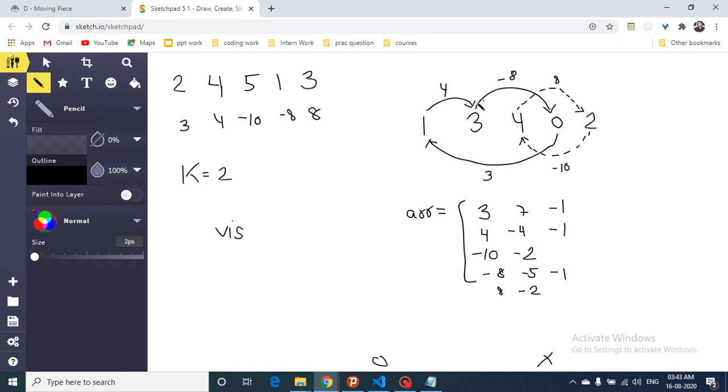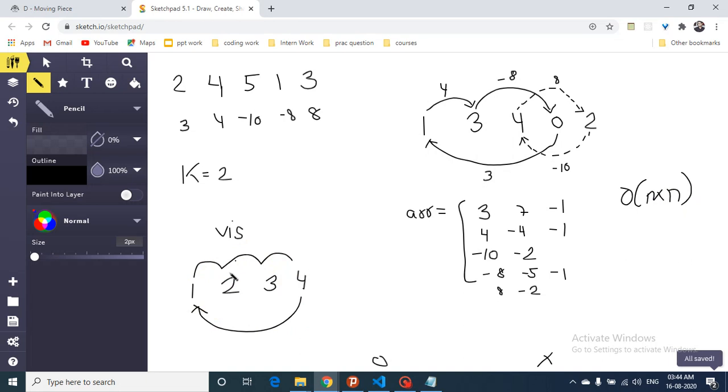Now as you can see, if I start at this position, how much time will we need to make this? For every position we will do some iteration. So for every position, which is O of n, we are doing some iteration and making this prefix array. We can jump at most n positions. So it can be like 1, 2, 3, 4, which means I go to 1, then I go to 2, then I go to this, and then I can return to this. The maximum can be that I have iterated over all the numbers, and for every number I have to make this prefix array n times, so it is O of n squared.